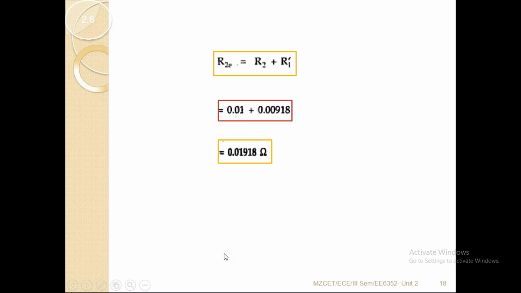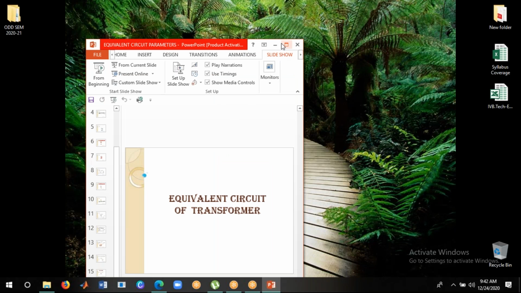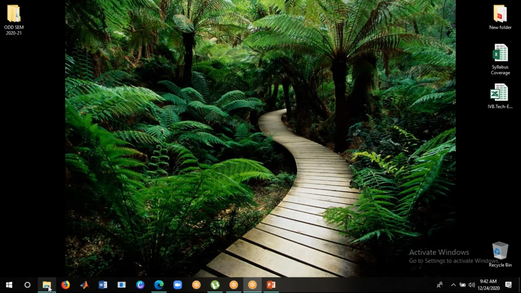Okay, now right, so do you have any doubts on this? So I will send you one question on that equivalent circuit parameters. You have to do that and send me that answer, right? So I will send you before evening. Okay, after that you can solve that problem and send me. And I will show you one video in that how the transformer core should be manufactured. Okay, and I will show you images also. Then you can get clarity how the transformer core should be working and manufactured.